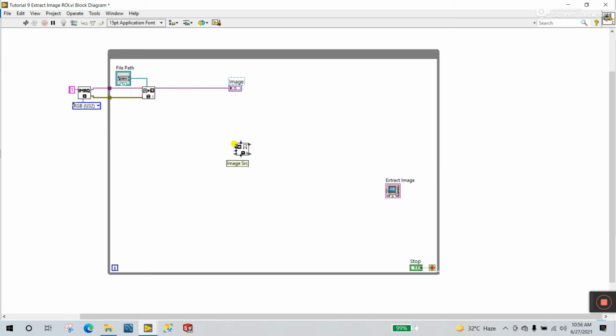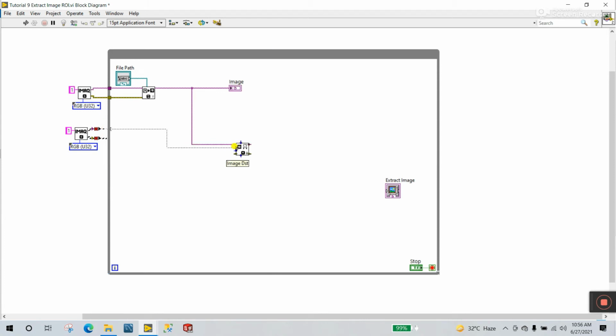Now you see image source and image destination. This is image destination 1. Now you need to create another one for this image destination. First, image source, connect to this one. Now copy this one and connect to this one.